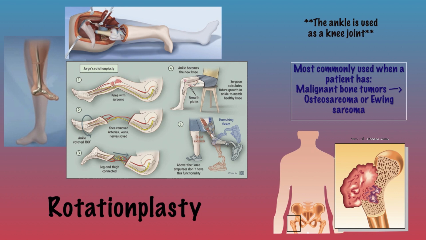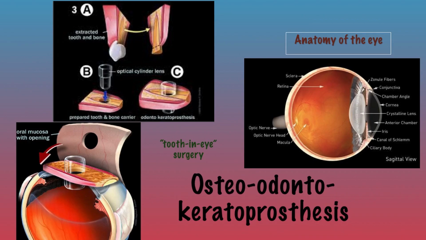It is most commonly performed in children who have malignant bone tumors, such as osteosarcoma or Ewing sarcoma, a cancerous tumor that grows in the bones or in the tissue around the bones. The main aim is to fully remove the tumor in a way that allows the child to have an active lifestyle. Next, we have